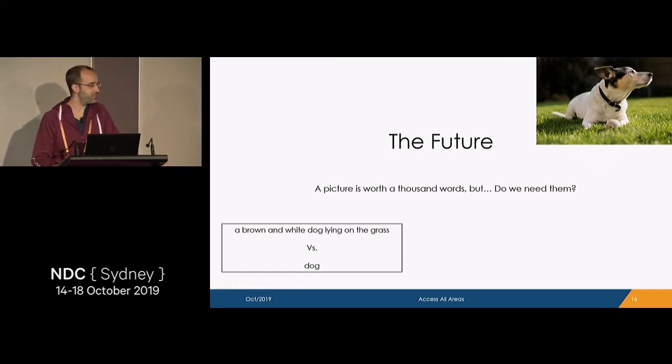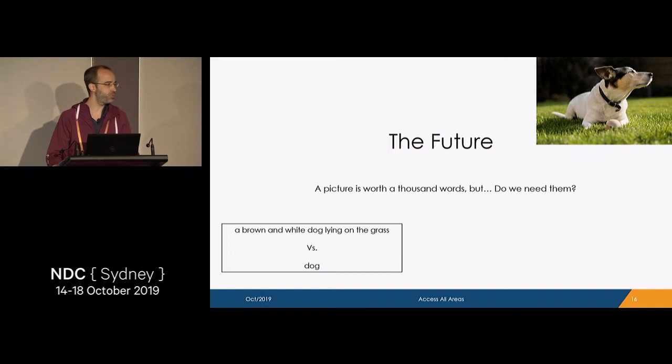So that's one side of the coin, right? The other side is, should I have used the description, a brown and white dog lying on the grass, because that's factually correct. It is what it is on the picture, right? It's much more accurate than just grass. It does paint a picture. So, as with all things in life, it's all about compromise, right?